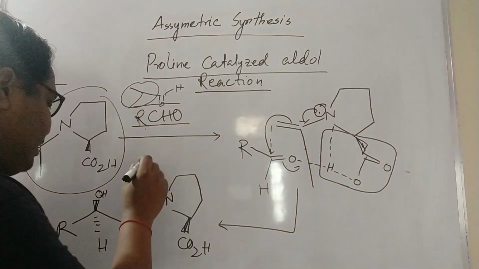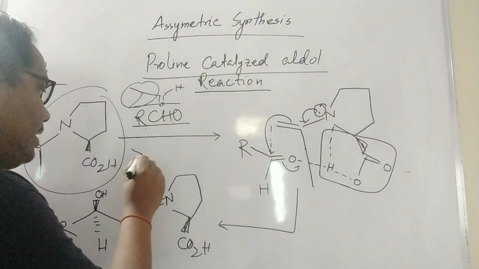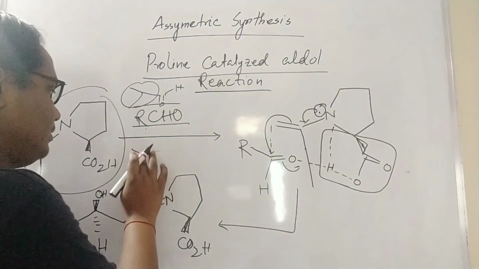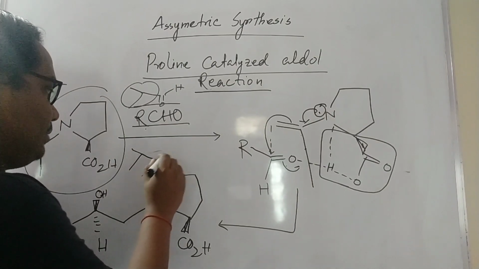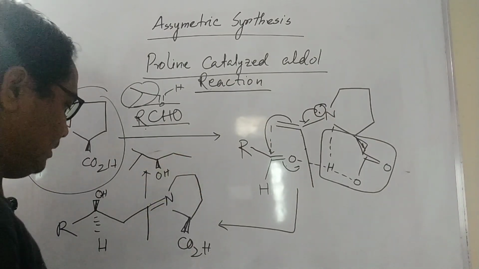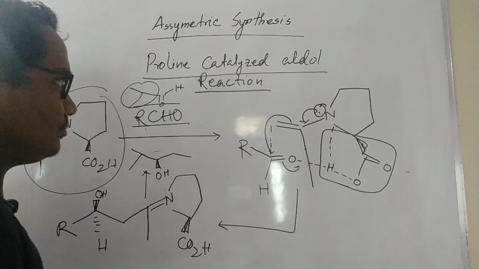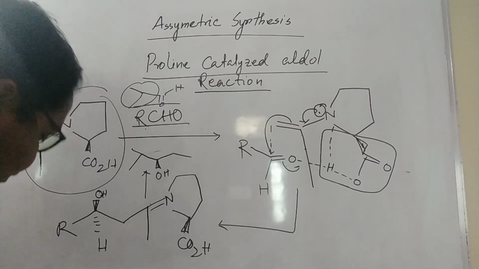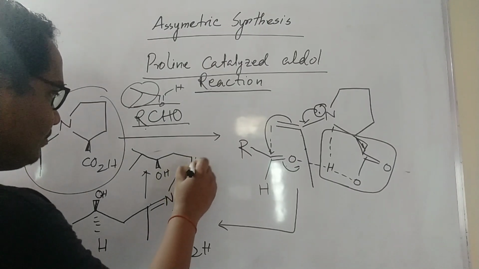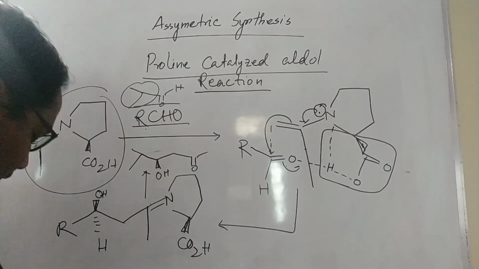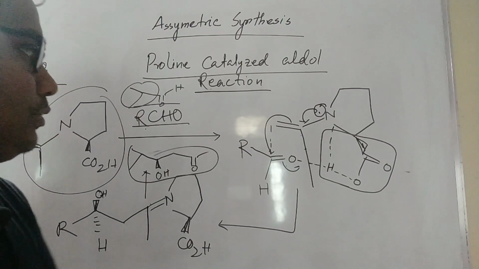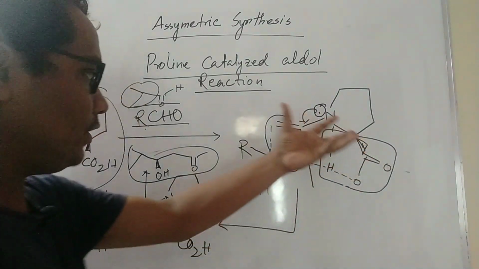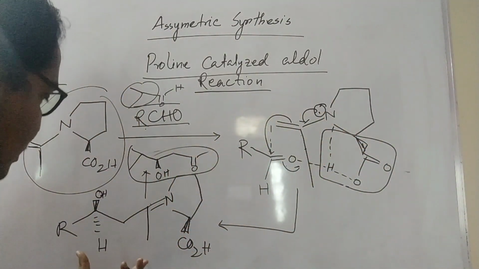What will be the final product? So isopropyl I wrote, and then this is the wedge up, and this is the methyl group. Previously I wrote the product, no? This is the keto. So this is the final product. So you see, every time you have to write this kind of transition state and you have to visualize these things, and what will be the product.